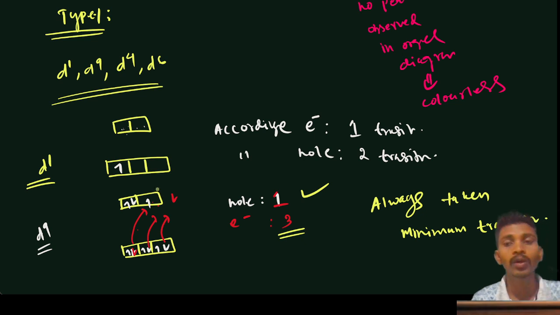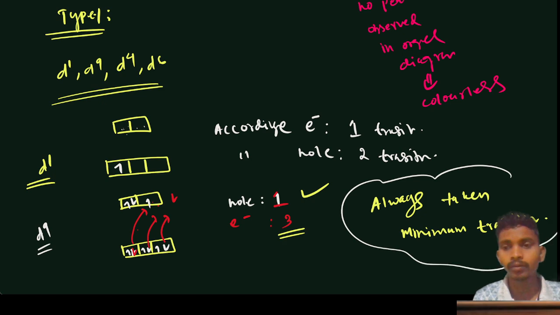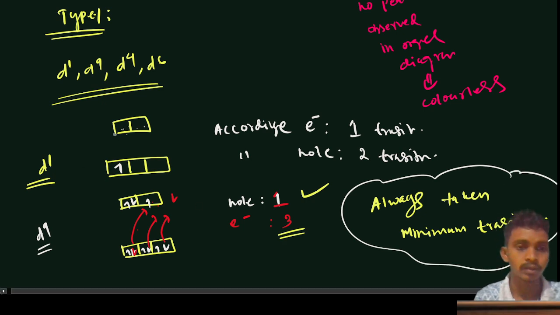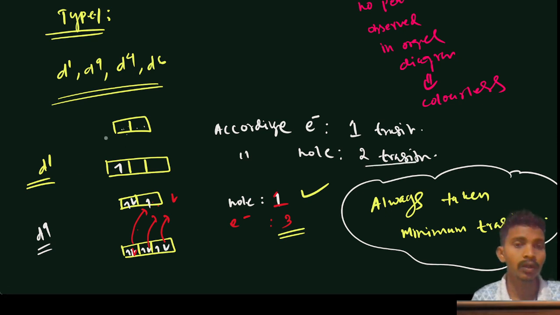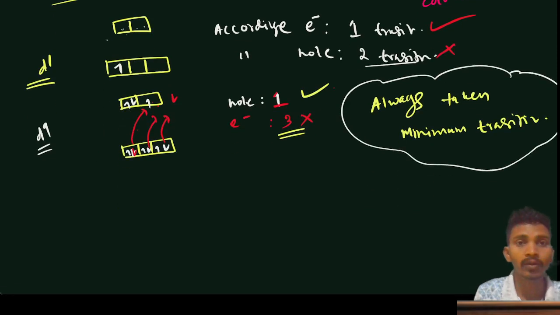We will always consider the minimum transitions. For D1, according to hole there are 2 transitions, according to electrons 1 transition, so here we take the electrons, not the hole. Always take where the minimum transitions are possible, either hole or electrons. Similarly, if I talk about D4,